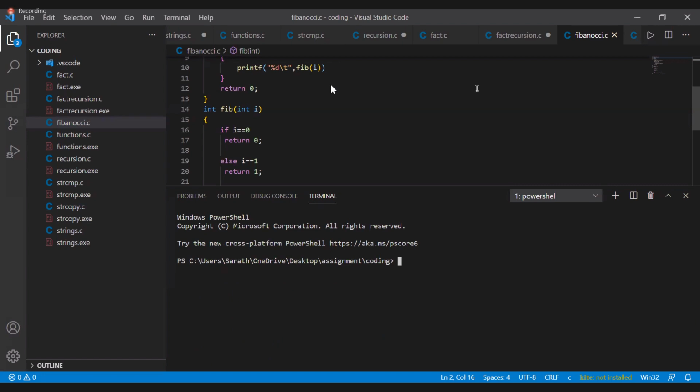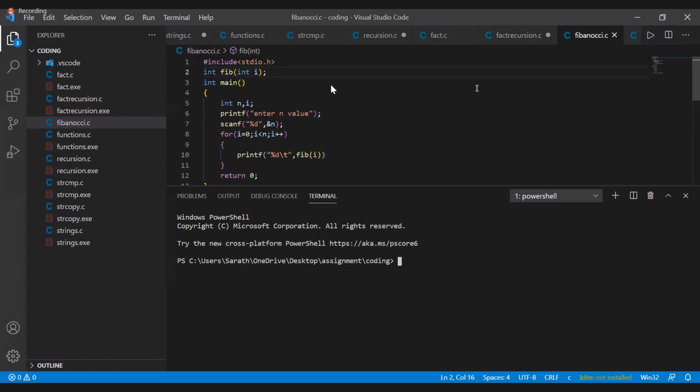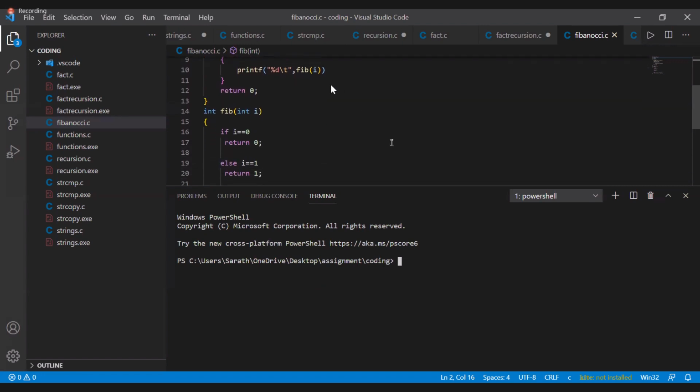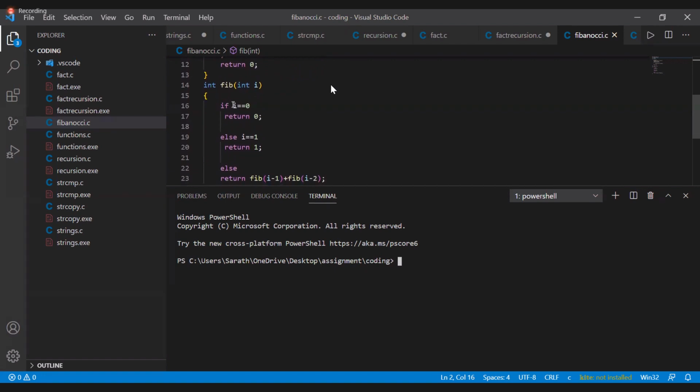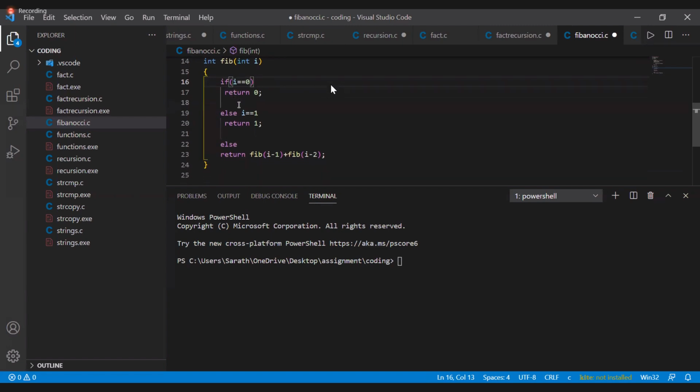No, ma'am, even after declaration it's not working. Yes, there are still errors. Come down. You put brackets for it. Got it now.